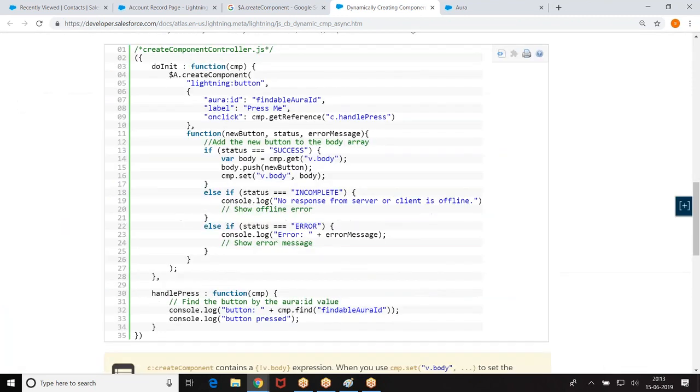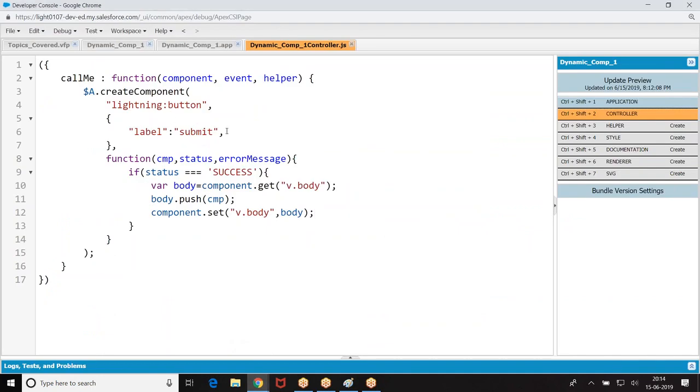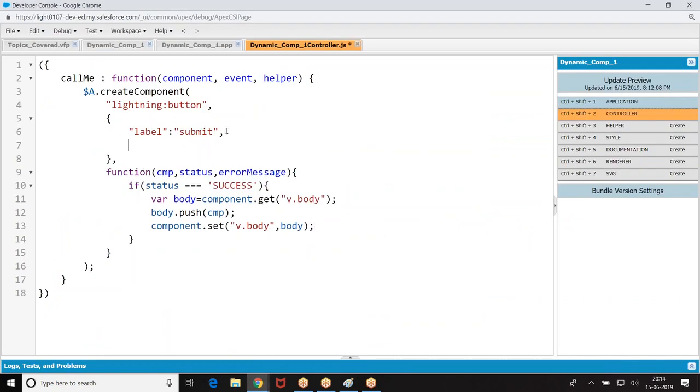Now look at the story here. Component.getReference. You created a button with a label called submit. But what do we have?